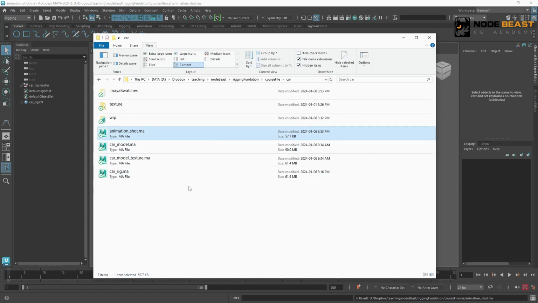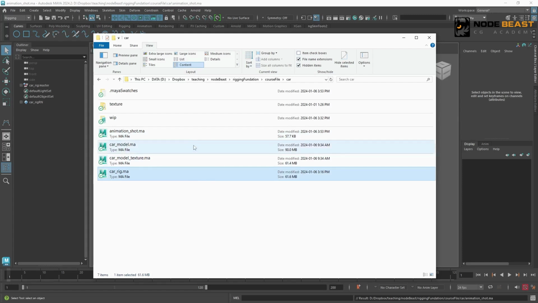First, it makes our scene files very small, and if we want to repeatedly use a file, the scene file itself won't become very large. For example, if we have 3 cars in our scene, each car is about 60 MB. If we import all 3 cars into the scene, then our scene actually contains 3 car models, 3 car rigs. In that case, our scene file size would become around 180 MB.